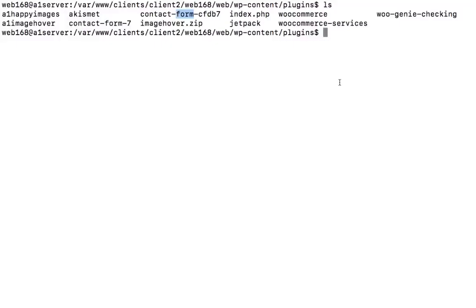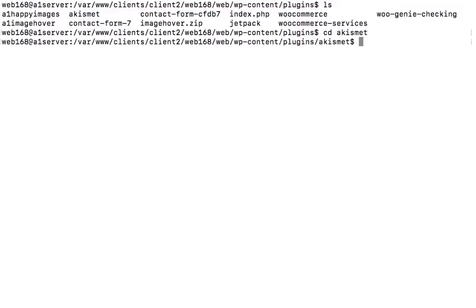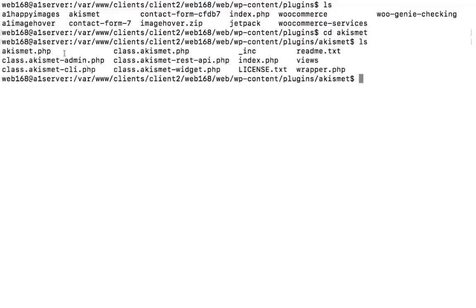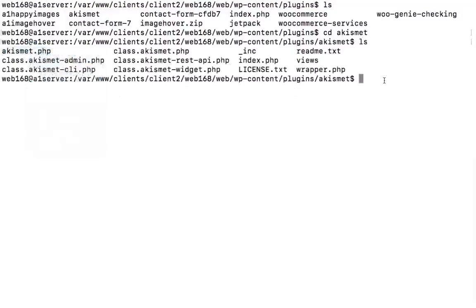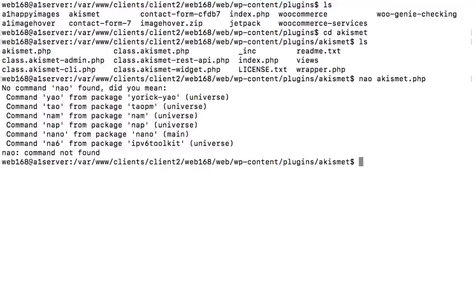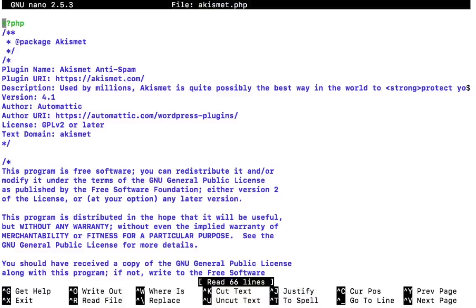So for instance, let's say this Akismet. I wanted to go in there, and so I'll go cd Akismet. I'll list the files by typing ls, and I'll look at them. Then I have to start going through them one by one. Copy, nano, paste in there. And then you go into the file and you look,